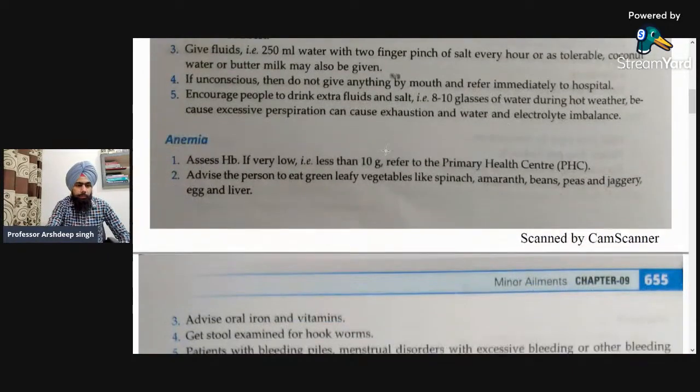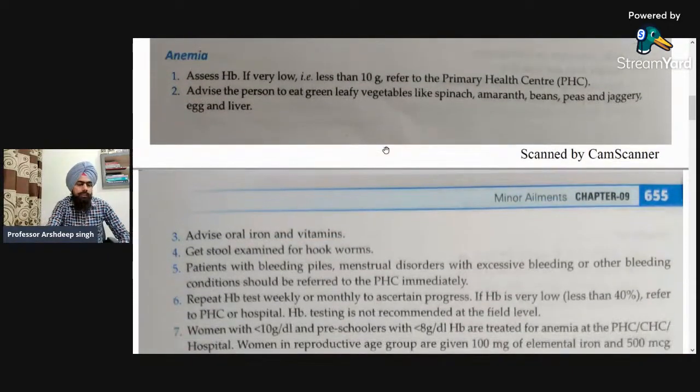Next one is the anemia. So, what is anemia? It is the low level of Hb present in the body. We can say that the hemoglobin level of the blood is decreased from the normal, and that condition is known as anemia. It is mostly found in pregnant women, lactating women, young girls and children. So first of all, how can we manage it? Assess the Hb level,